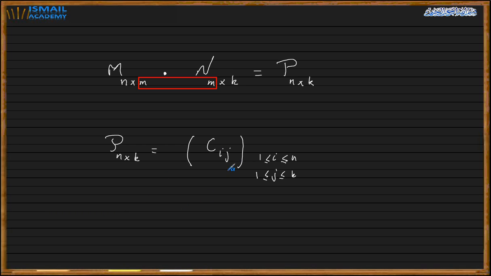Now, how can I get that value? What do I do? You see, this is the address. The ith row, jth column means second row, third column, first row, first column, and so on. So what do you do? How can I get this? It is by taking the product